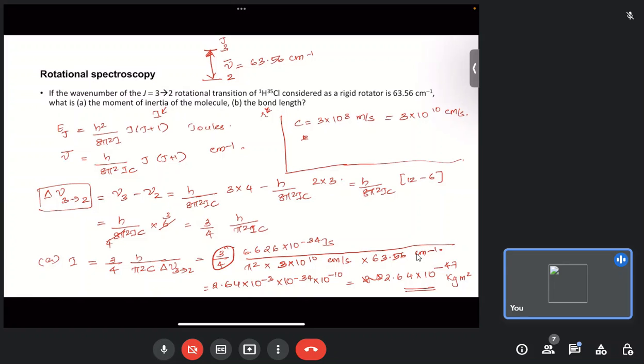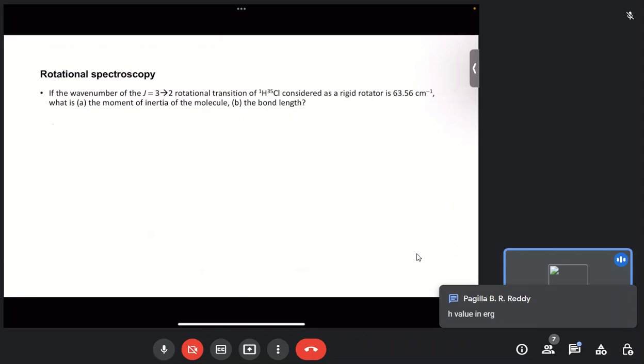Now we have gotten what is the moment of inertia of the molecule. Now we have to find what is the bond length. So we know bond length